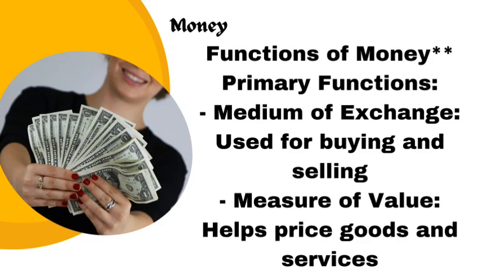I'm not done yet. Do you know that we also have functions of money? Yes, money also has its own functions. It performs the following functions. It serves as a medium of exchange, as I've said earlier in the definition of money. It also stands as a standard of deferred payment. It can be stored and accumulated to fix debt. It is a unit of account, a store of value, and it can also be used as a measure of value. The value of goods and services is expressed by the prices. Therefore, money is used as a yardstick, as a means to measure and compare the worth of goods and services.